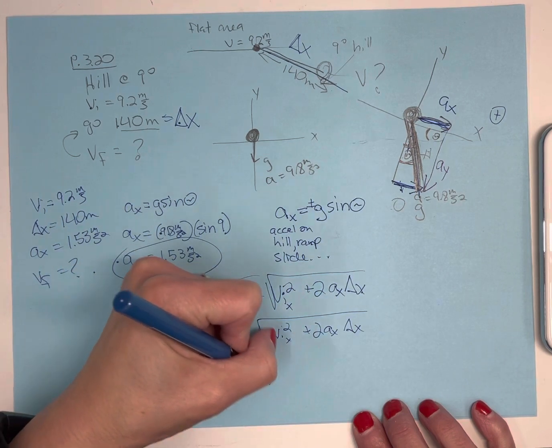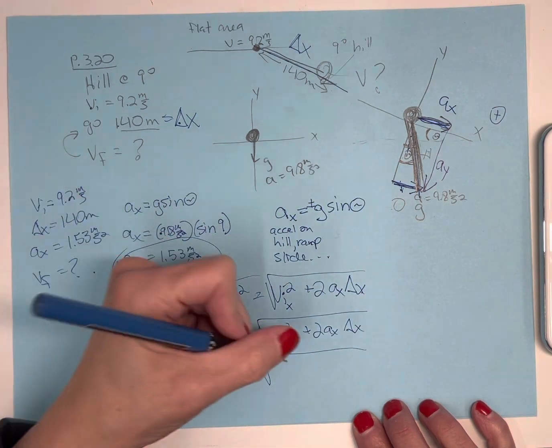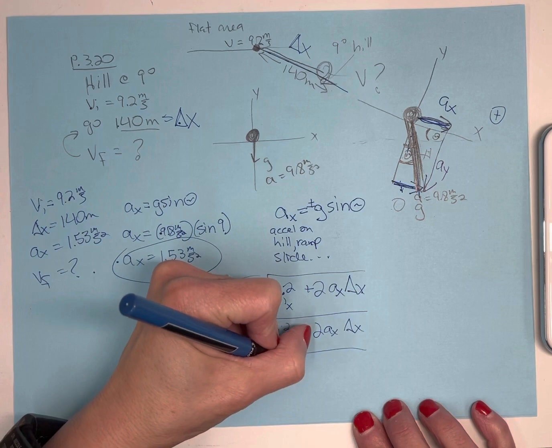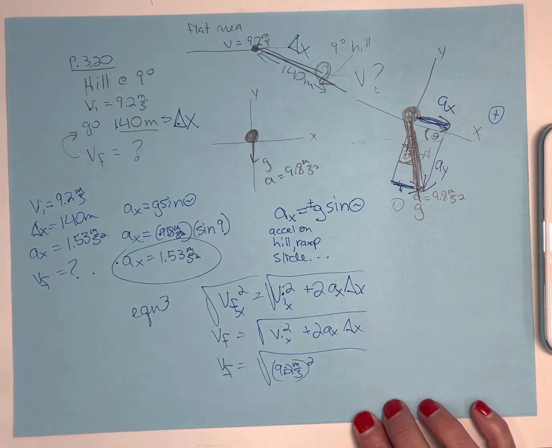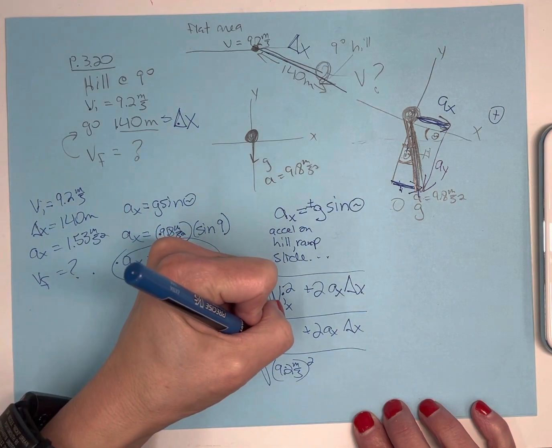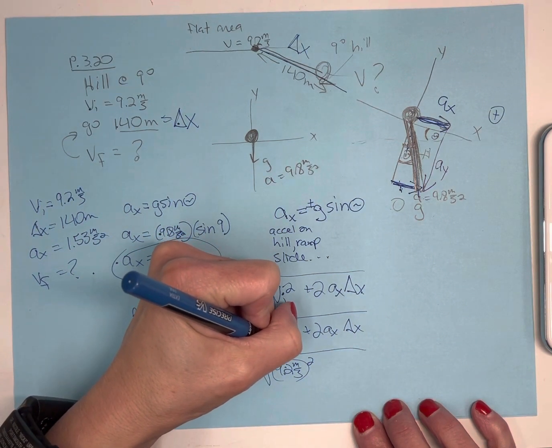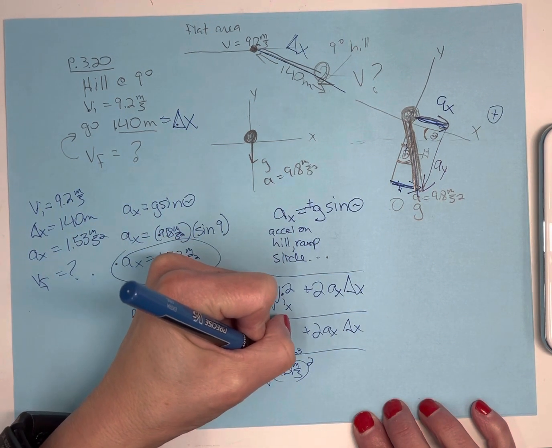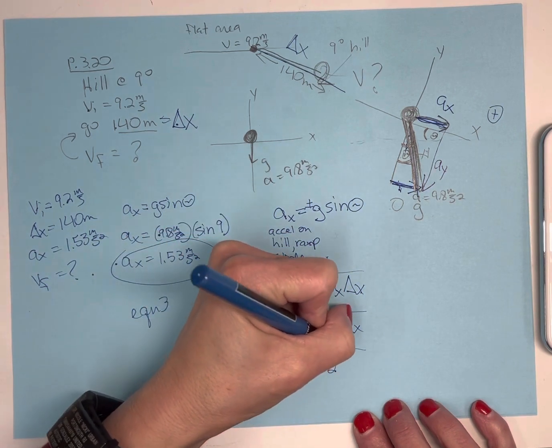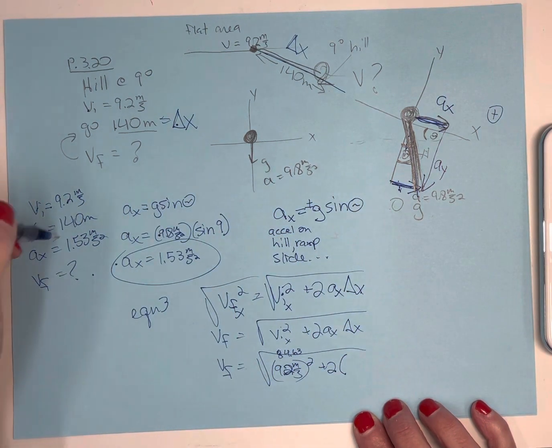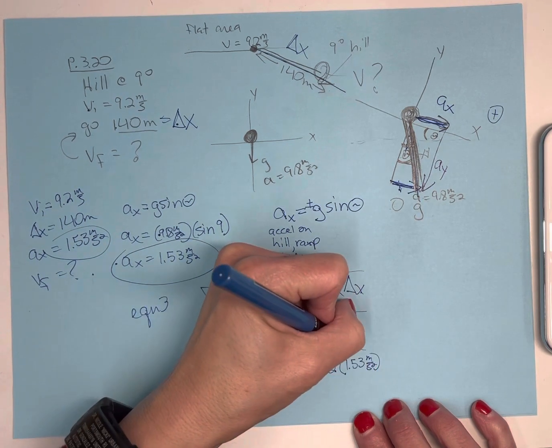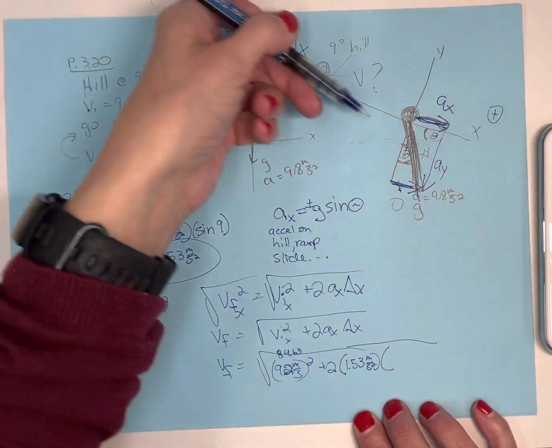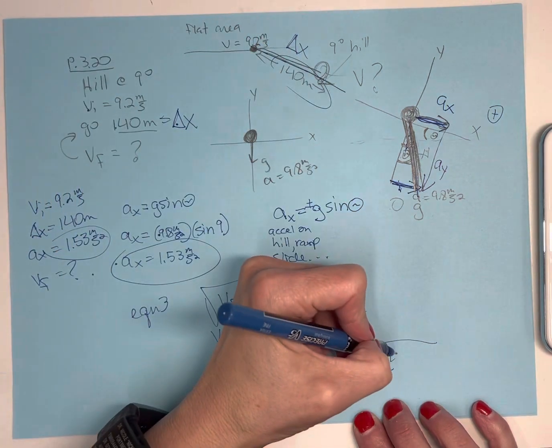V final equals the square root of my initial velocity, 9.2 meters per second, squared. I would go ahead and write what that value is just right above it. So I'd squeeze that number in, 84.63, just so I know what 9.2 squared is, plus 2 times that acceleration I just found, 1.53 meters per second squared, times however long I slide down that hill,